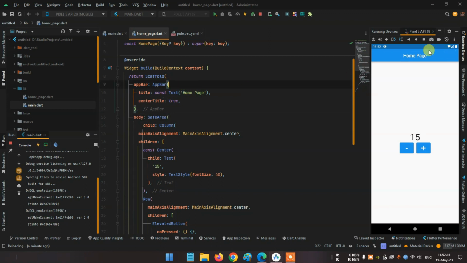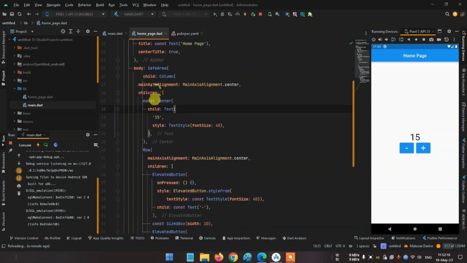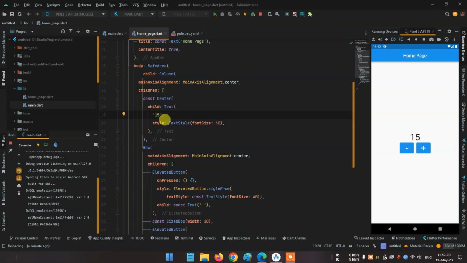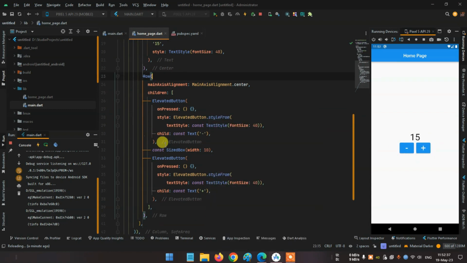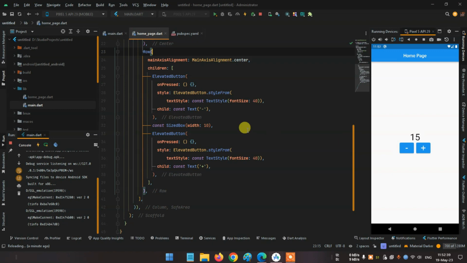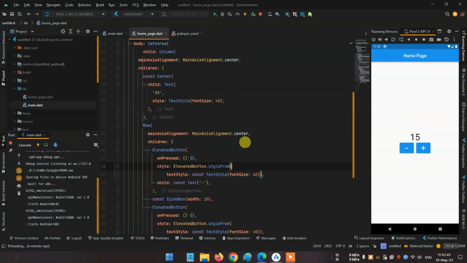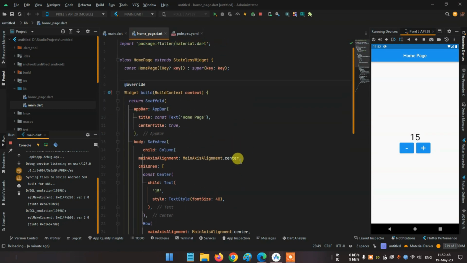Here is the app bar and a text, and the column has a text 15. I will do something with it later, and then a row has two buttons, minus and plus, with some button style. Okay, so that's all. First of all, to use GetX, you have to